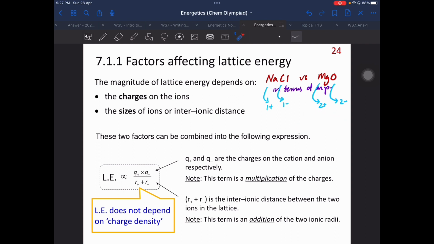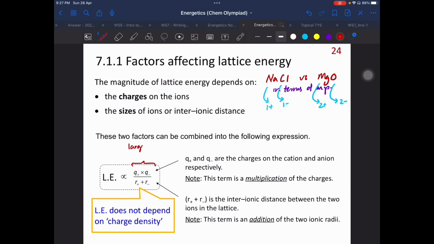Actually, this slide helps to reinforce that whole concept by introducing you to this idea about charge as well as sizes of ions. So they use this equation here to represent the dependency between lattice energy and the charges on ions. Basically, we say that lattice energy is proportional to the charges of the cation and the anion, and also inversely proportional to the radius of the cation and anion. So Q plus and Q minus represent the charges on the cations and anions. Essentially, we are looking at a case whereby